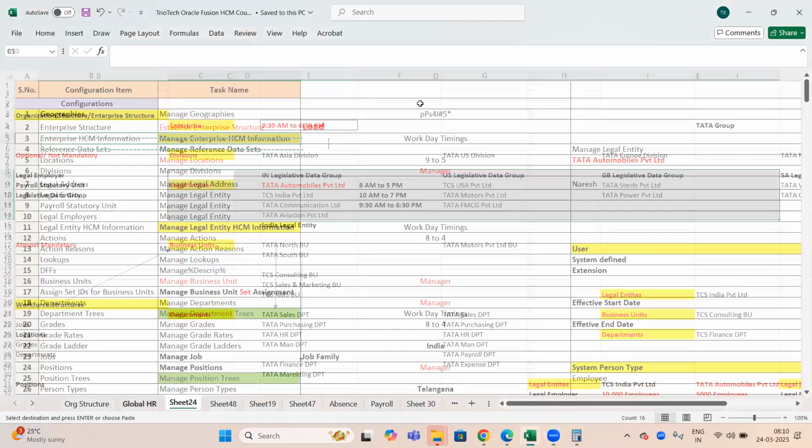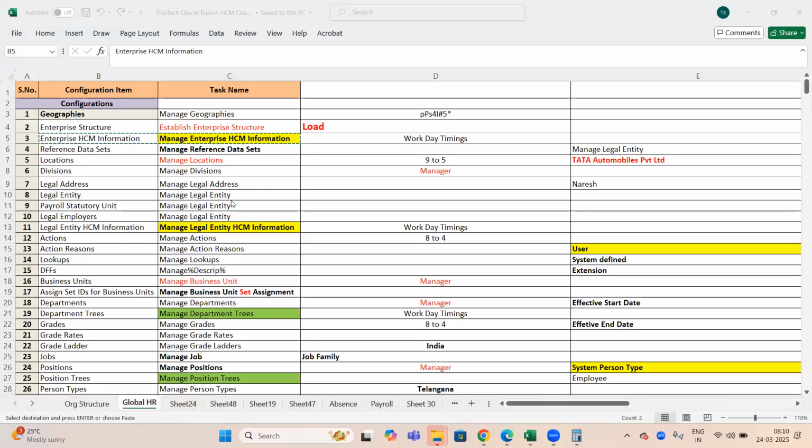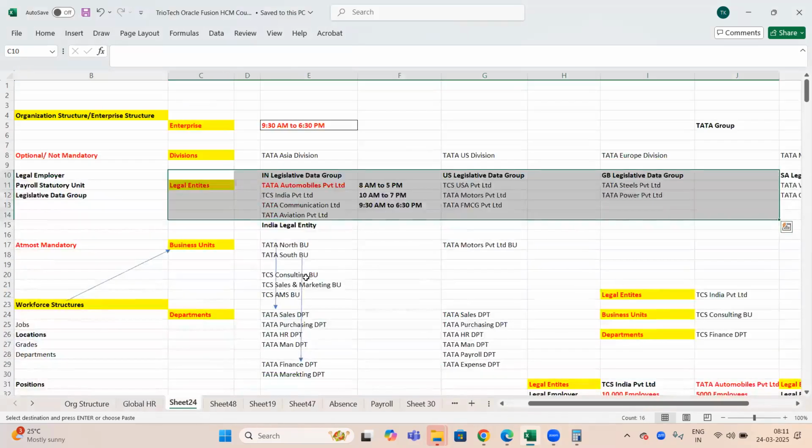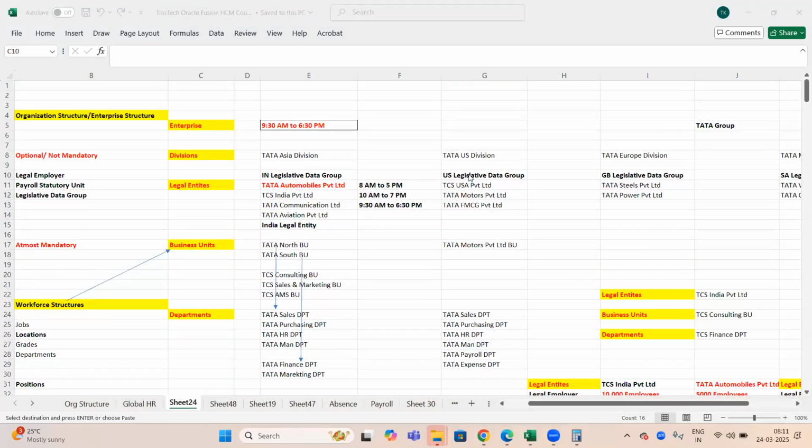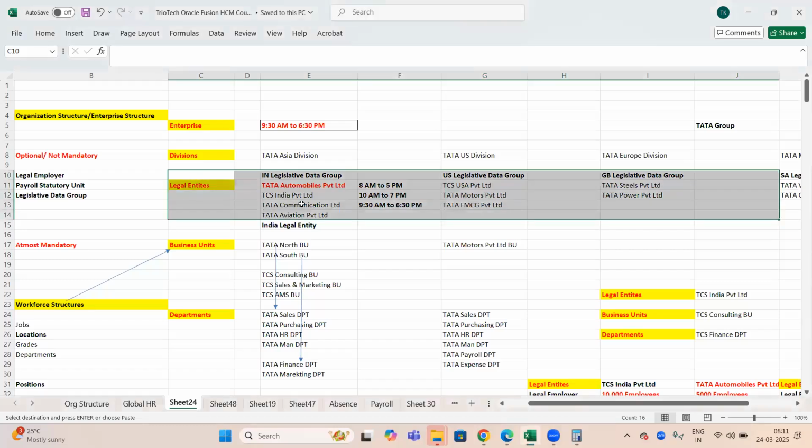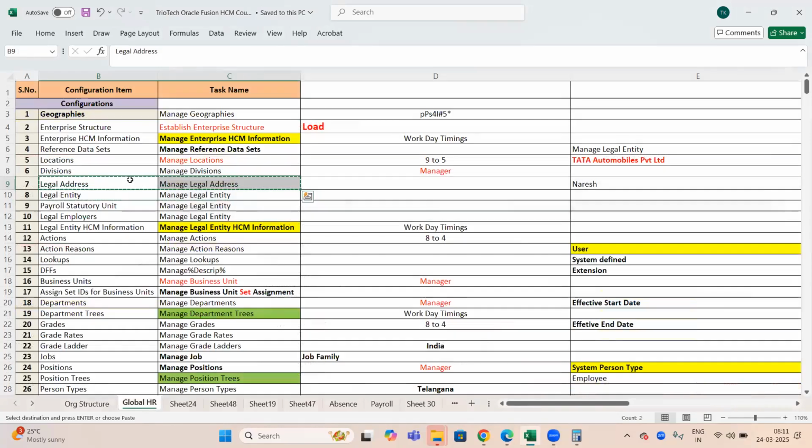What is the task name we have in the system to configure the legal entities? Manage Legal Entity, right? Before that, I told you we have to create the legal addresses in the system, because in the Fusion system, for legal entities separately, Oracle came up with a concept of legal address. So first create the legal address and then create your legal entities in the system. As part of that, on Friday, we completed our legal entity configurations in the system, how to